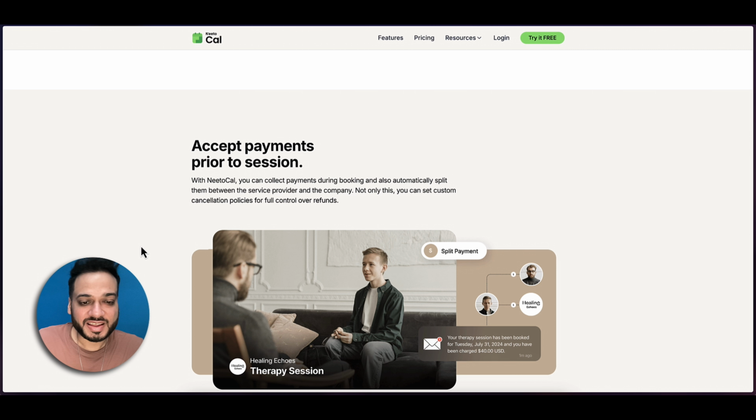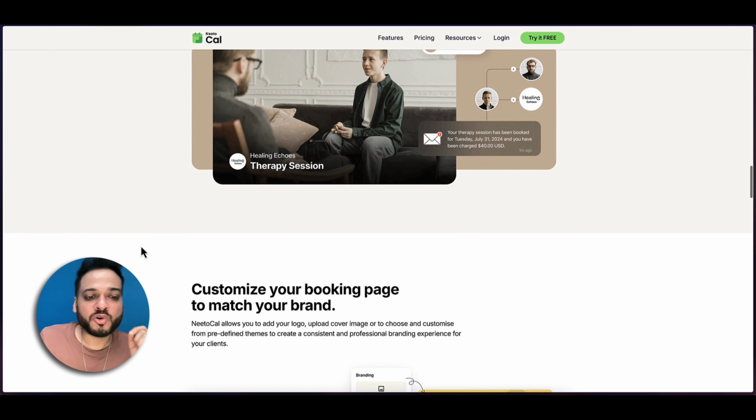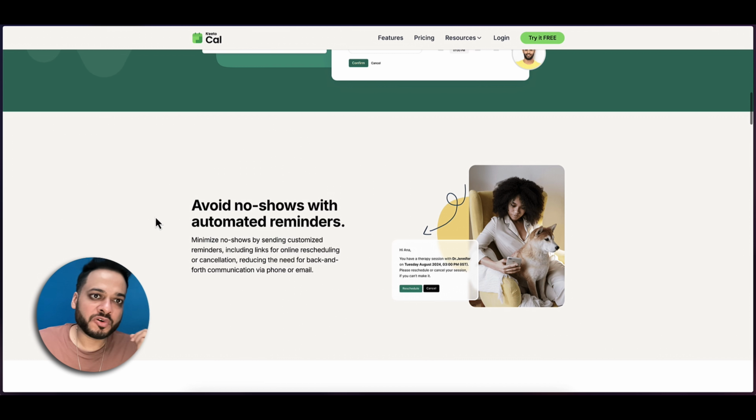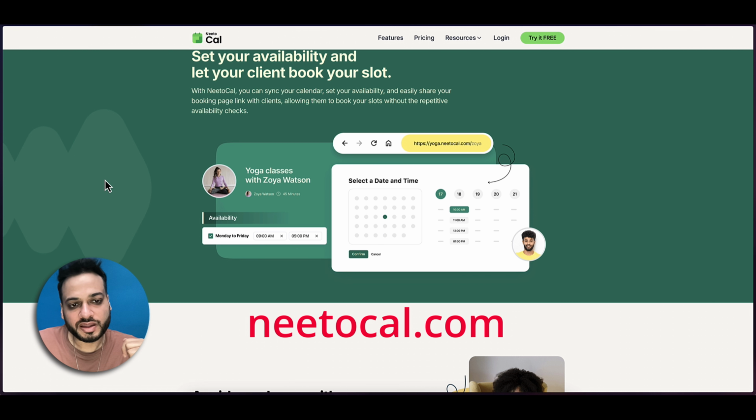Okay, and the cherry on the cake is they offer APIs which are extremely simple and which also allow you to check your availabilities and then to book your meeting on that available slot. Isn't that amazing? This is why I'm going to teach you to go with NeetoCal rather than going with just a simple Google Calendar automation, because that is very simple to do, but this is a very effective and a very customizable method to do the same thing, which is what we want to do. Okay, so I think you should sign up for NeetoCal. I'll give the URL link in the description.